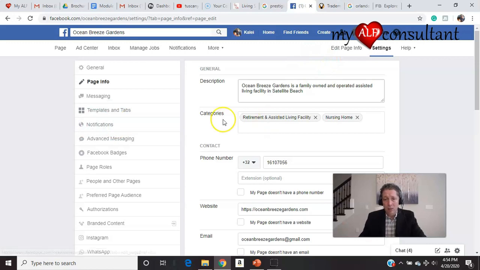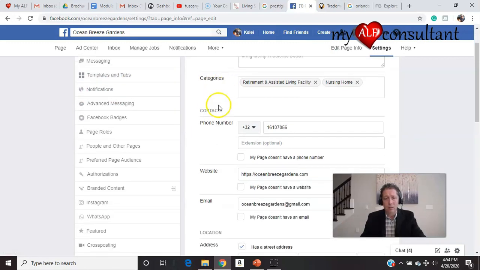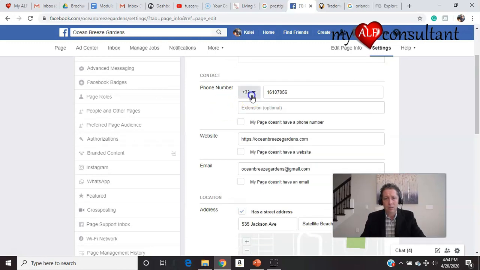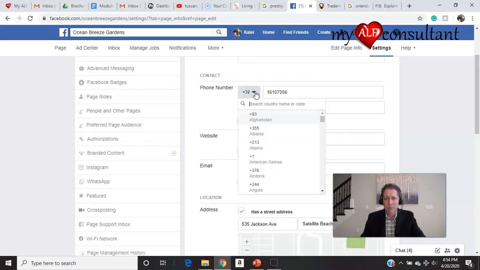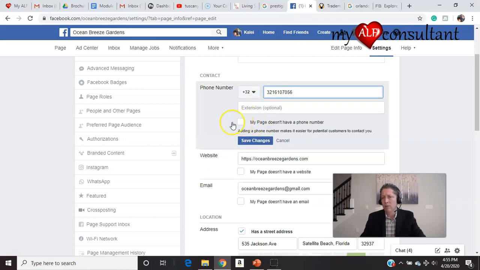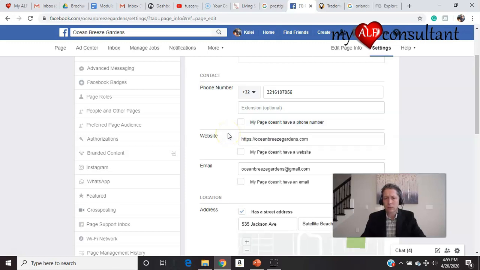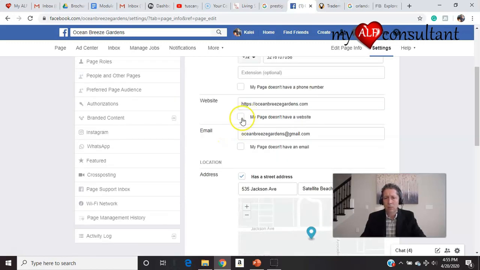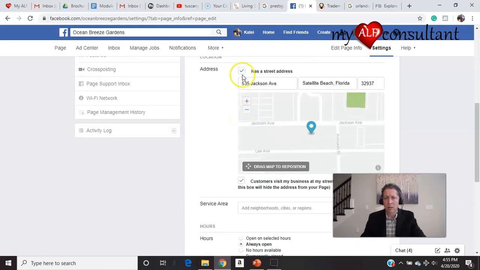So when you're in here, you can see that you have, see. And if you don't have a phone number yet, you can save it without it. You can do the same thing with everything. This street address here, if you don't have the street address yet, you could check it off.